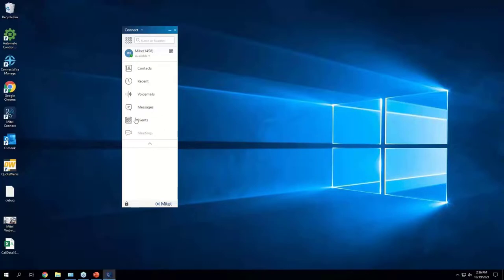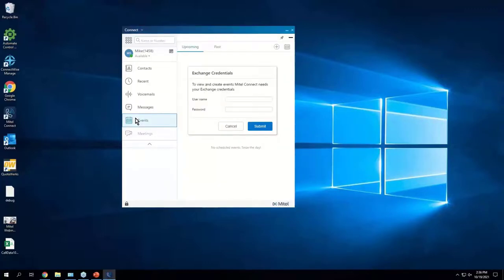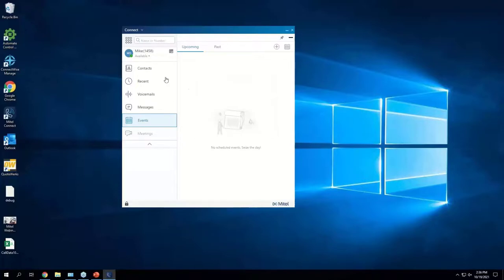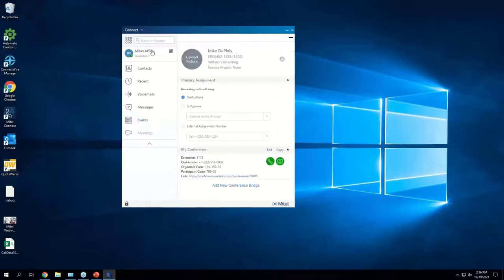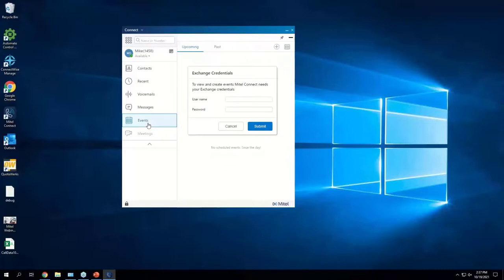All right. Finally, just under Messages here, the Events tab. Again, you may or may not see this on your system. If you are using the conference bridge, like I talked about up here when I clicked on my name, I've got this permanent reservationless conference bridge. This is my own personal meeting. If I wanted to schedule some sort of one-off meeting or call, just like you can do with Teams or Zoom, I can go here to Events. I can click New Event, and it'll prompt me for